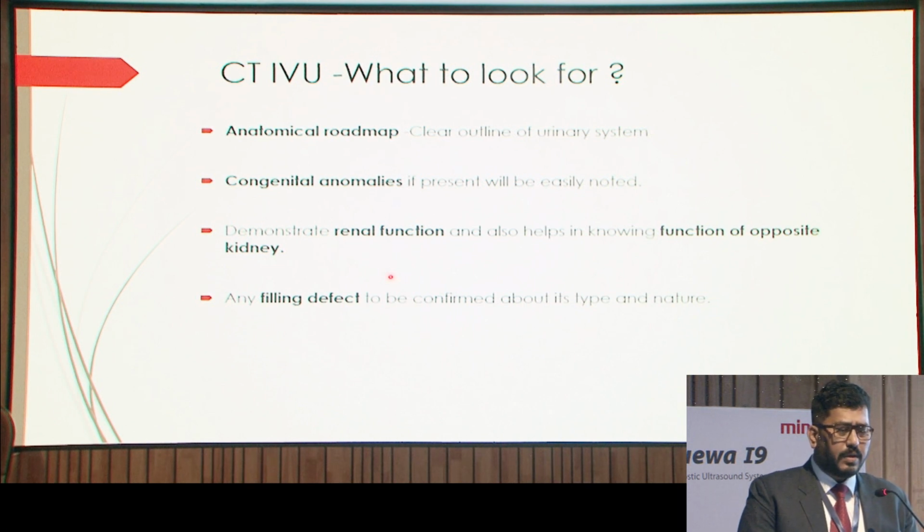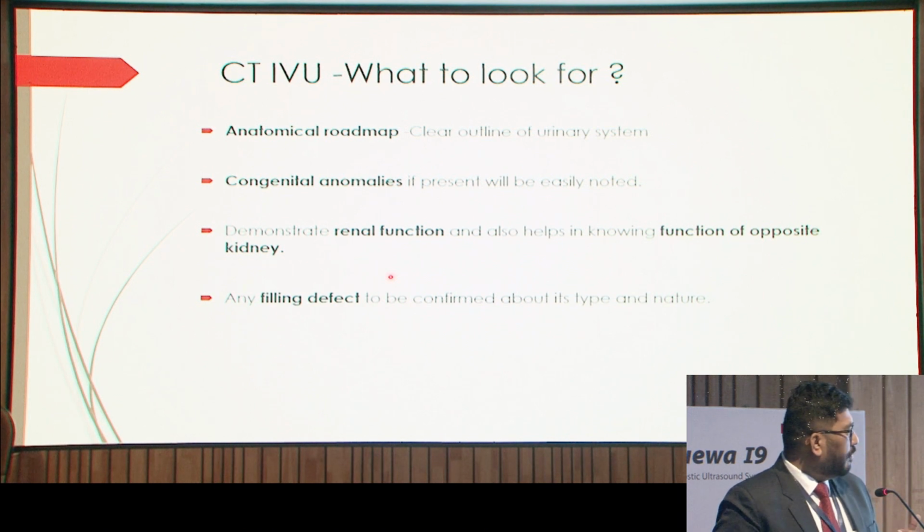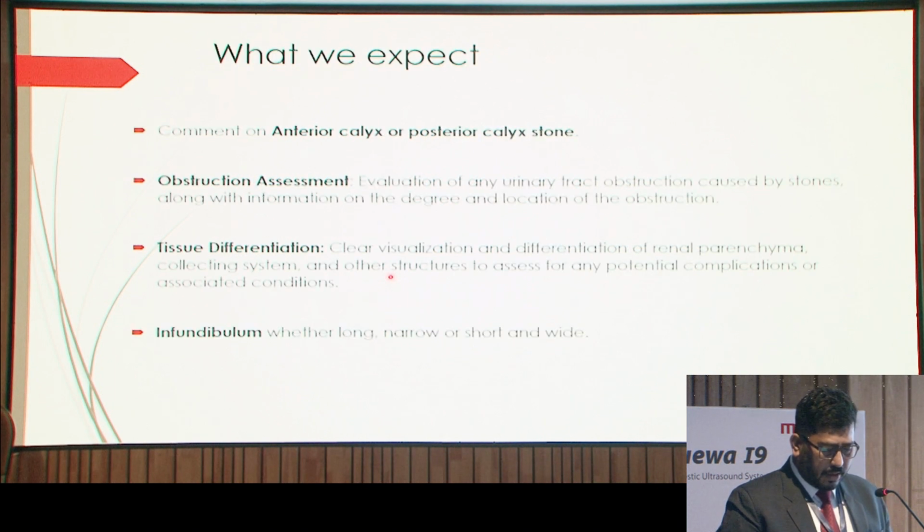Because it gives an anatomical roadmap, a clear outline of the urinary system for us to manage the patients. Congenital anomalies, if present, can be easily noted. Demonstration of the renal function is important, and at the same time the function of the opposite kidney can be seen. Any filling defect can be confirmed as to its nature, and